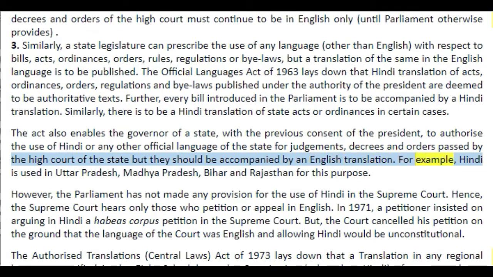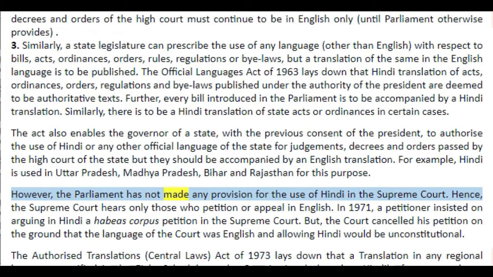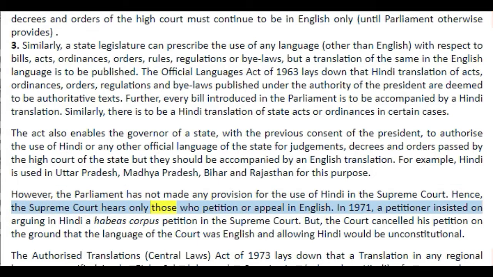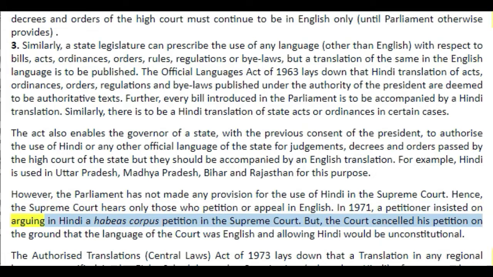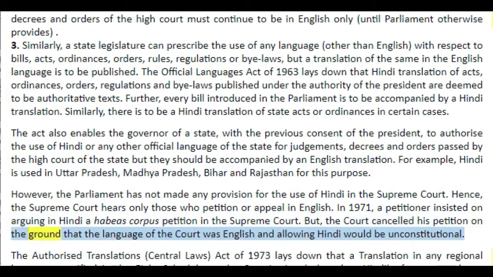For example, Hindi is used in Uttar Pradesh, Madhya Pradesh, Bihar and Rajasthan for this purpose. However, the Parliament has not made any provision for the use of Hindi in the Supreme Court. Hence, the Supreme Court hears only those who petition or appeal in English. In 1971, a petitioner insisted on arguing in Hindi a habeas corpus petition in the Supreme Court. But the court cancelled his petition on the ground that the language of the court was English and allowing Hindi